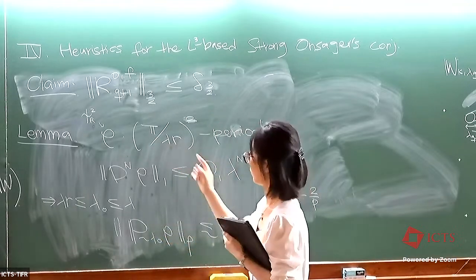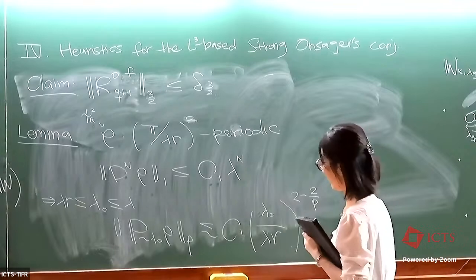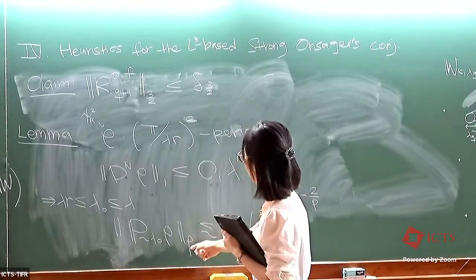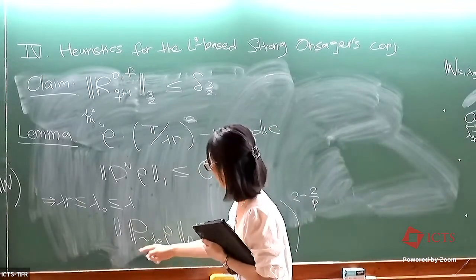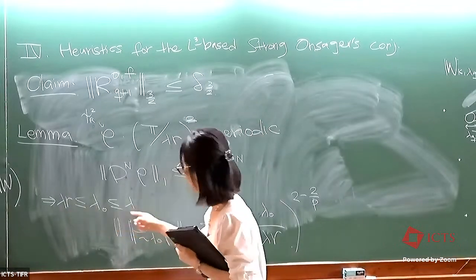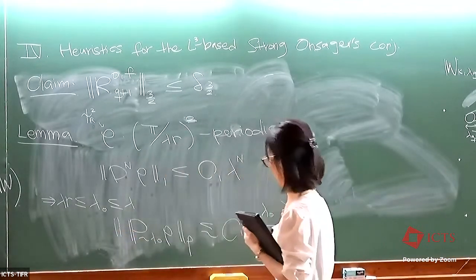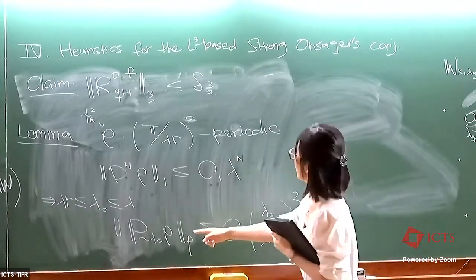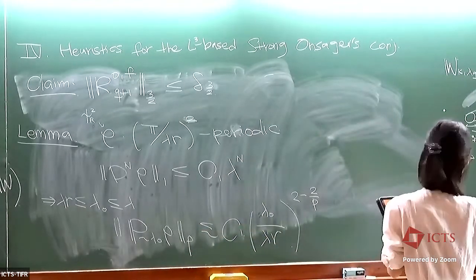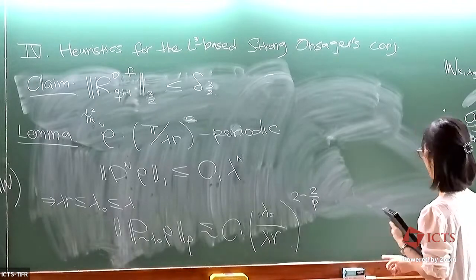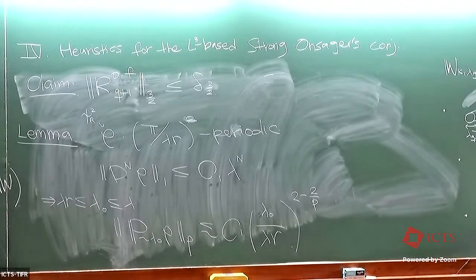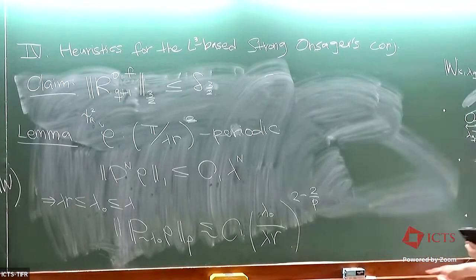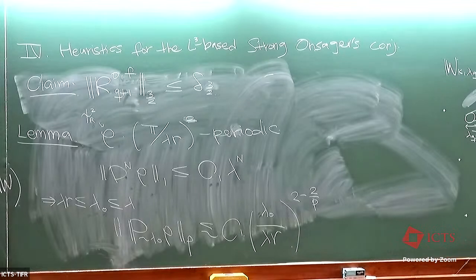So that's how I'm gonna apply. And then what I want to tell is that if you take the projection operator somewhere between the minimum frequency and maximum frequency, in terms of LP norm size, you actually have gain. So if you just use this estimate, you can only get, so here RQ is the same with RQ, and we only get